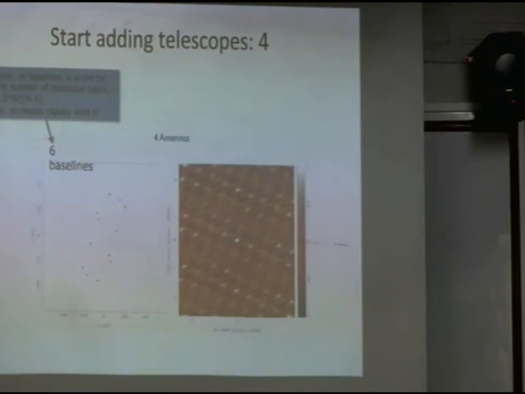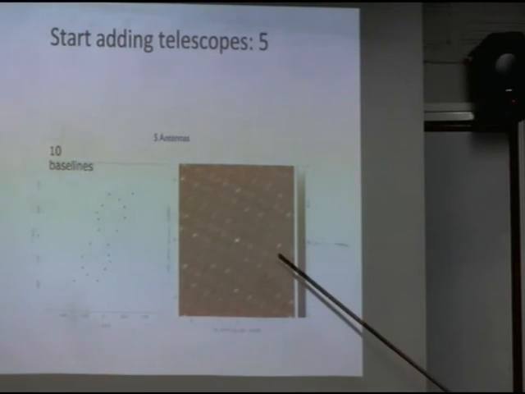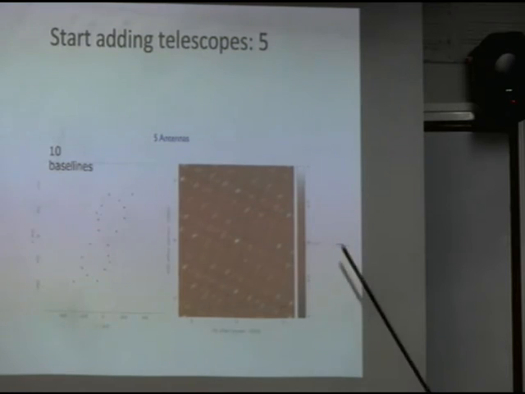This would be like the map that you would get from a point source of brightness 1. It's just a simple... That's the transport, the image, the invert of the... So if we add another one, this is the pattern we have. We have 10 baselines now, so it's already starting to show that there is something bright